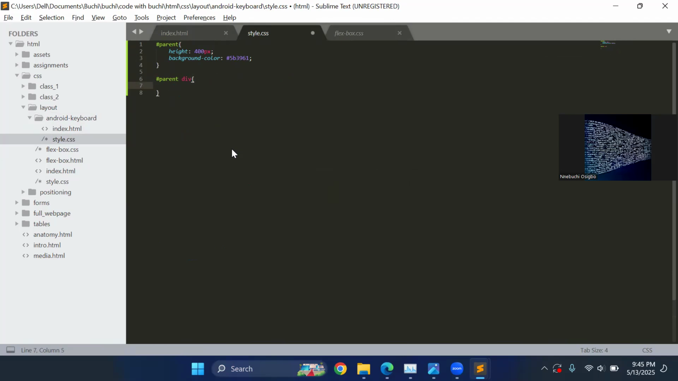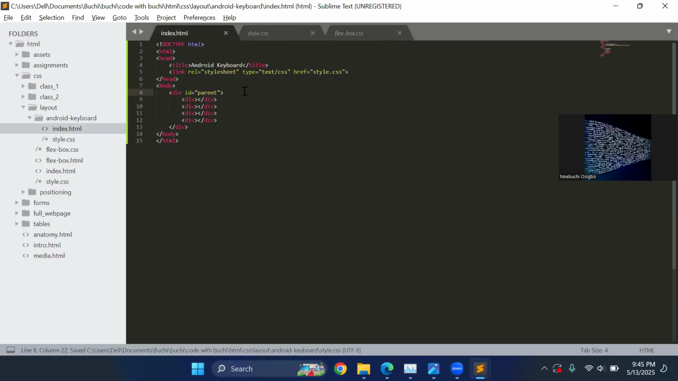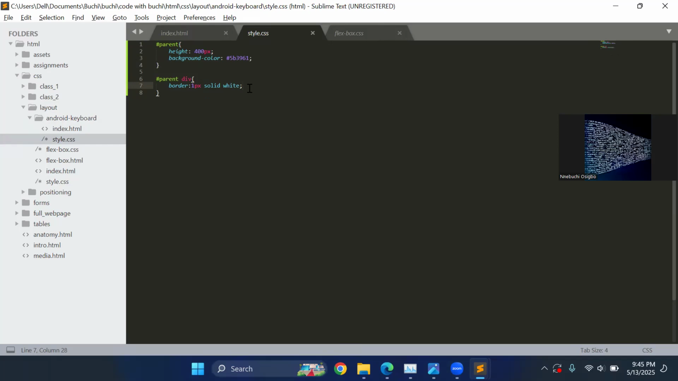I don't want to give them a color, just an outline so that we know. Let me say it just to mark out something. Okay, border: 1 pixel solid white. All right, and then, okay, height. So it's gonna be interesting. Trust me. The height is gonna be